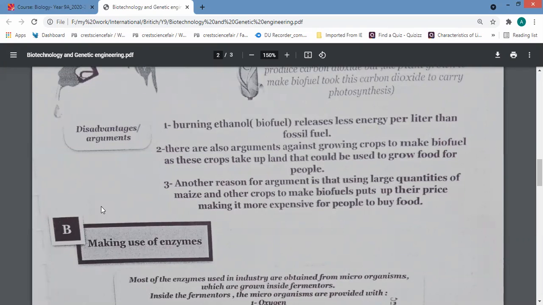So it may affect the price of the food, so it will be expensive for the people. And the ethanol biofuel releases carbon dioxide and pollutes the environment. The next point,